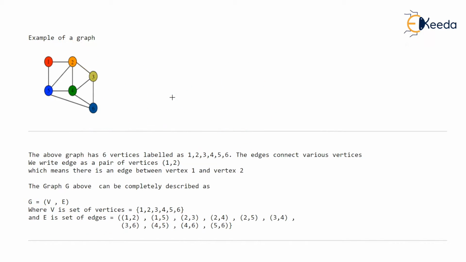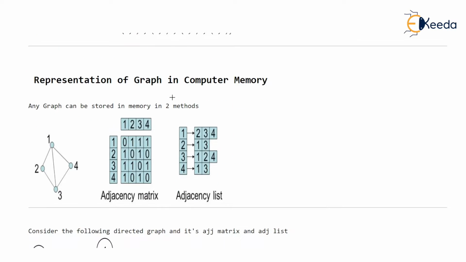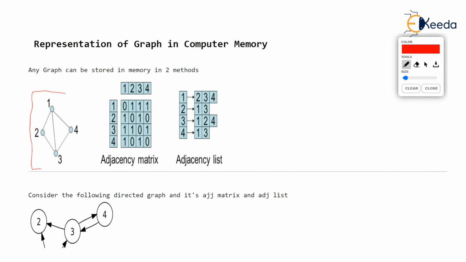in the computer memory. Obviously, if such a graph is given to us, just imagine a graph is given with four vertices. Let's take a simple graph, very, very small graph. We are given a graph of four vertices labeled as 1, 2, 3, 4, and edges connecting them. Now you are intelligent enough to know that we are not going to store the graph in the form of a picture like this. I mean, what are we going to achieve by storing this graph in the form of a picture? We need some data structure.